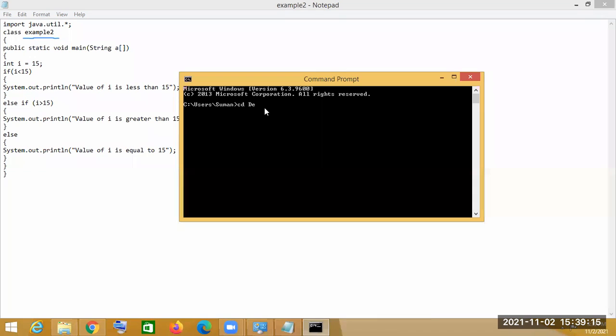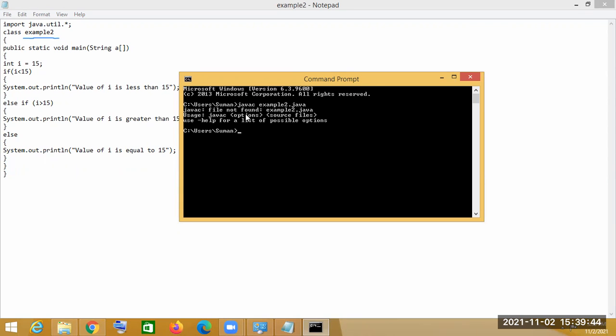For compilation we have to use the command javac filename.java. So the filename we gave is example2.java.